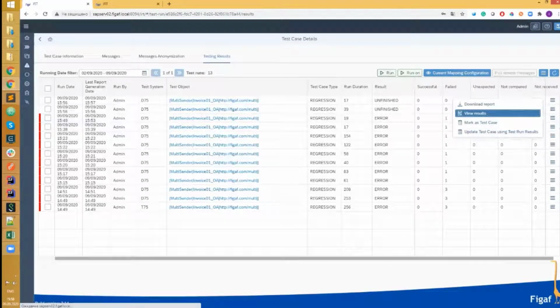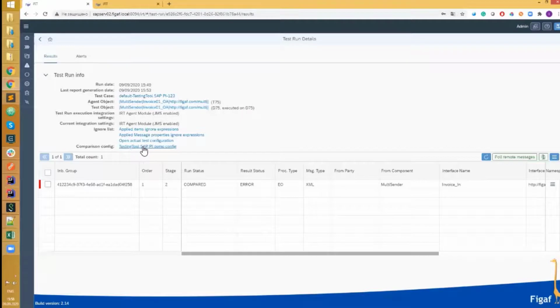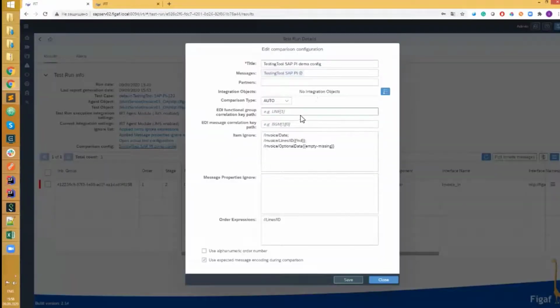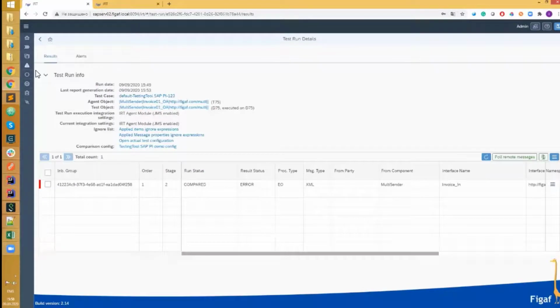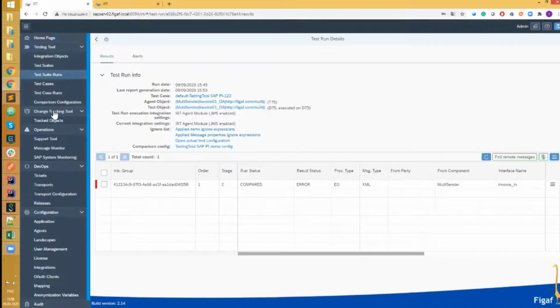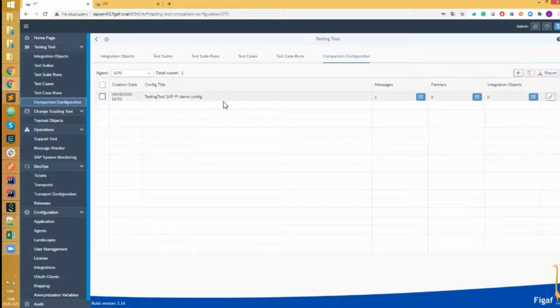So yeah, you've briefly seen the link and the place where I updated this. This is another feature which we implemented, comparison configuration, a separate storage of comparison settings. This is a very important thing for the cases which we found because it provides a way to configure comparison dynamically. Previously, we had it on the test object level. But having it on the test object level doesn't resolve the case when, for example, if we talk about PI/PO, an ICO